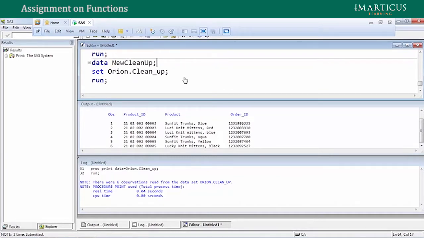So I say data new cleanup, that's the name of my output data set, and then I say set Orion dot cleanup, and then I say here if find product. So in the product variable, search for a value called blue. So let's say I say here blue,